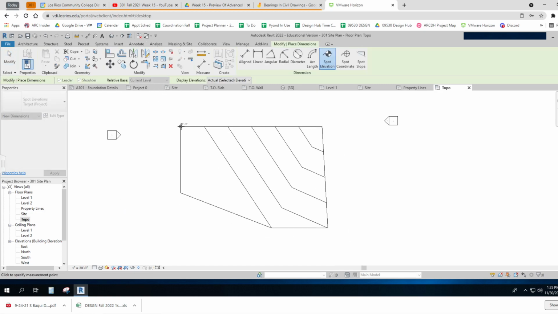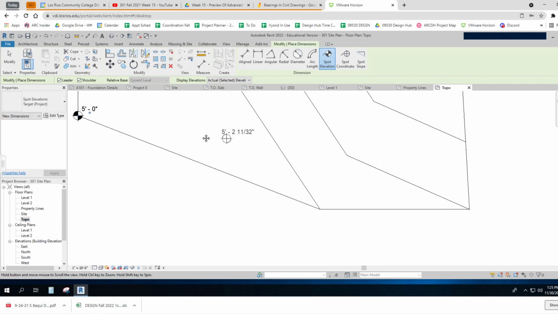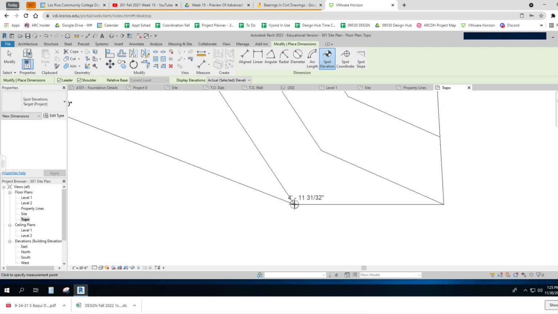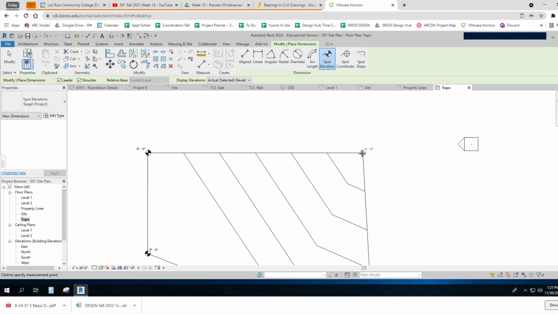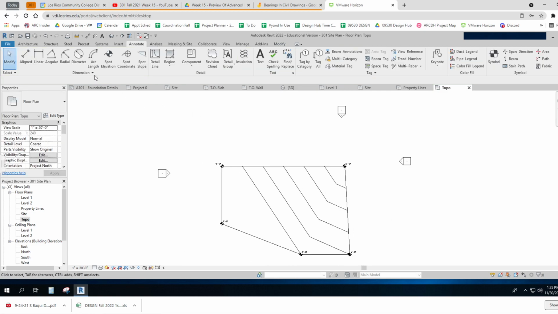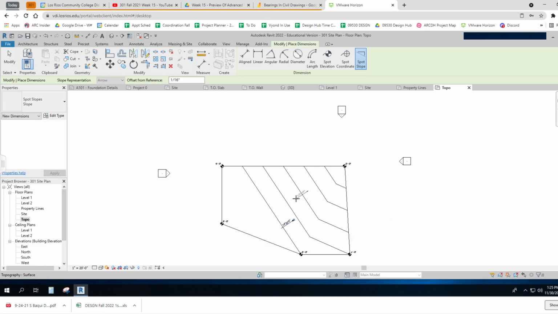I can put these back in. And you don't need to do this, but it's really cool because now I can put all my slope lines in